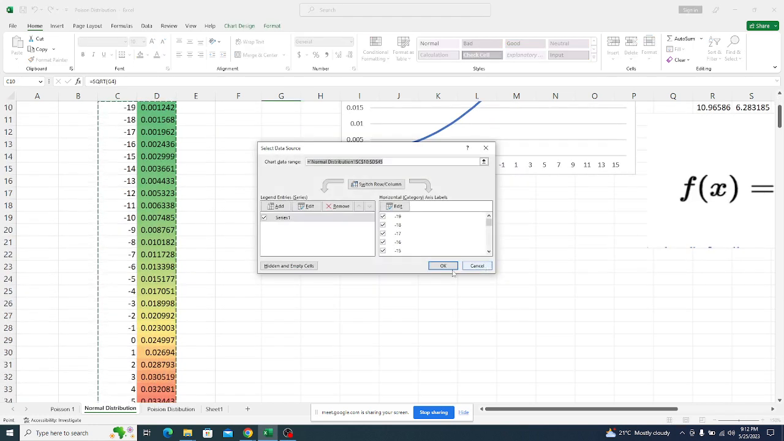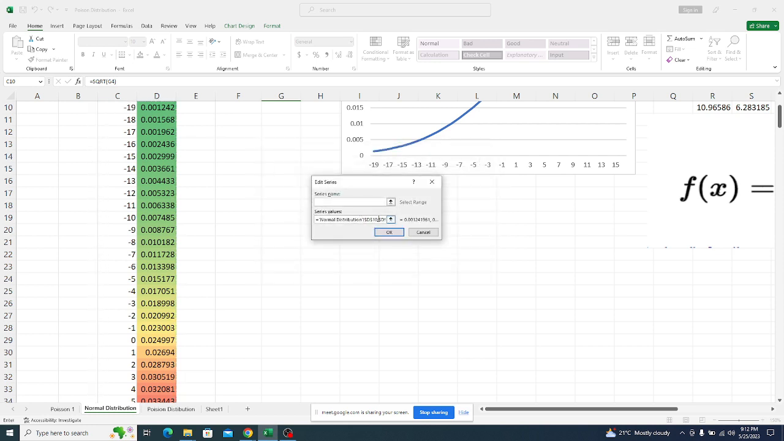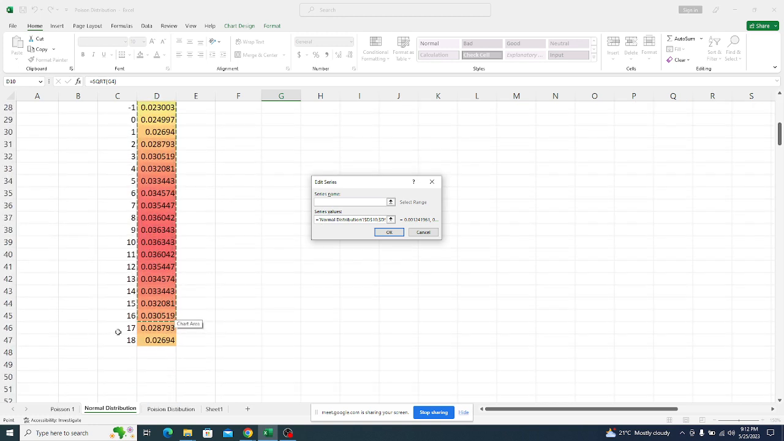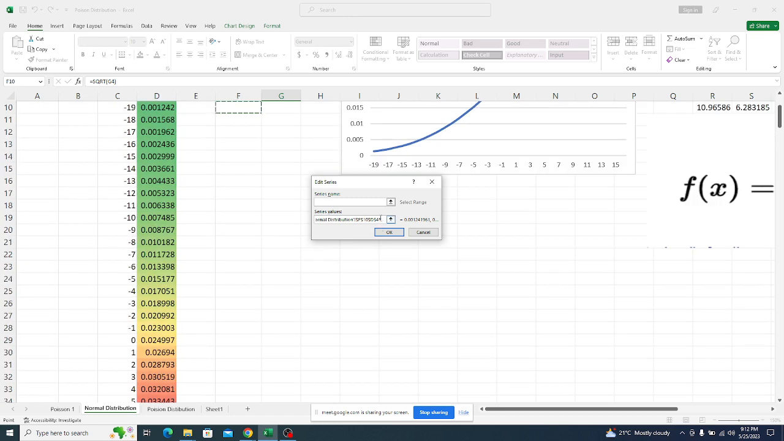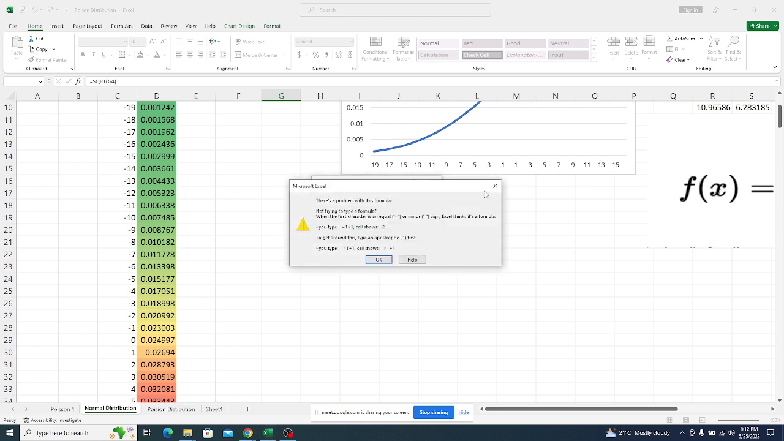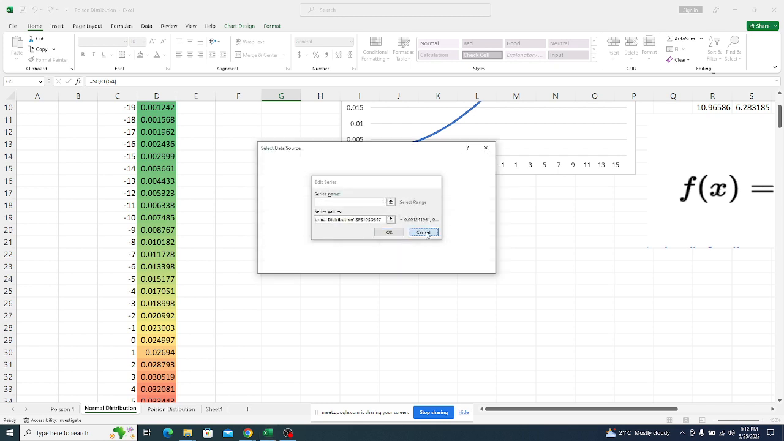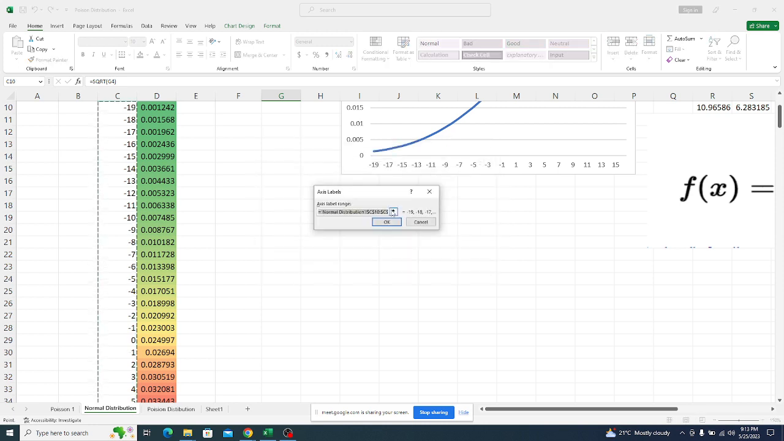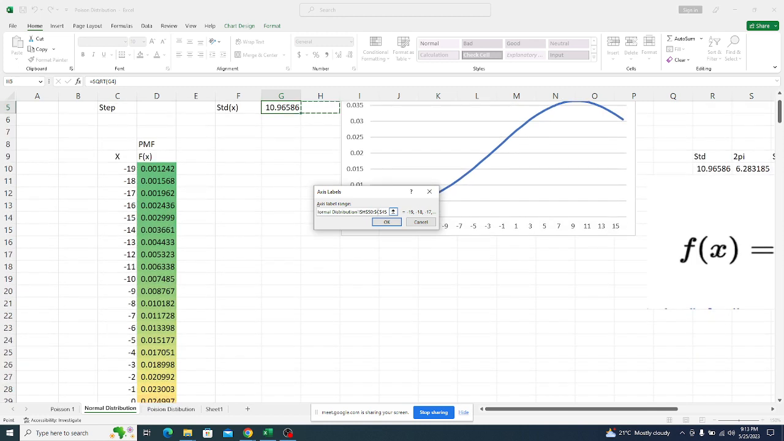So select the data again. I will edit and change here. Here it's going up to 45, so I'll go up to 47 here. 47. Then now edit the data. Let me edit the range up to,